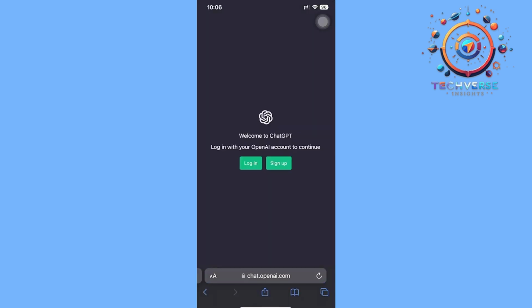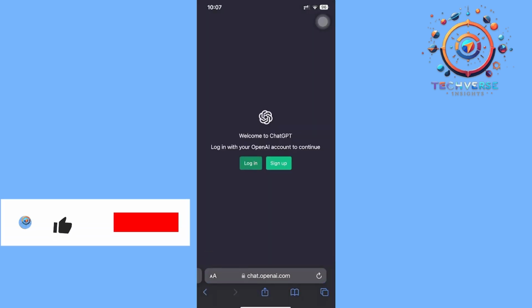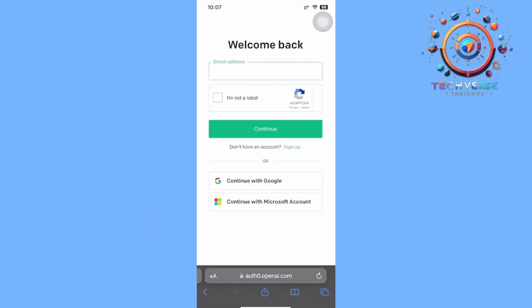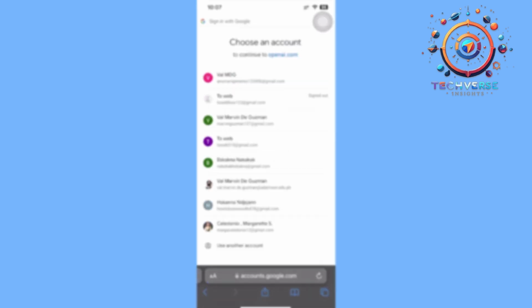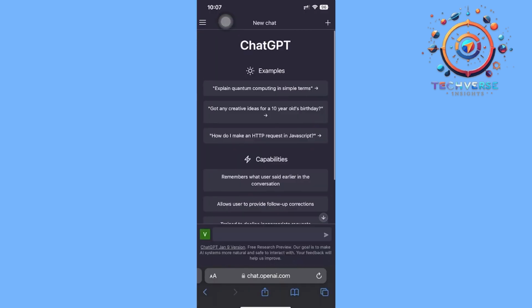Once we're here, of course, you do need to log into your account if you haven't already. But once you're done logging into your accounts, all we need to do next if we want to create some YouTube videos is ask ChatGPT what we want it to do for us. If we want to create YouTube videos, let's ask ChatGPT to create a YouTube script for us. Or you could also create something like a script or a video editing flow for us. So we could use ChatGPT to do that for us, guys, to help us make our YouTube videos,